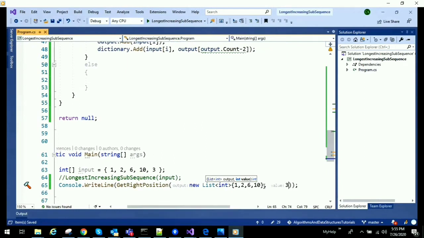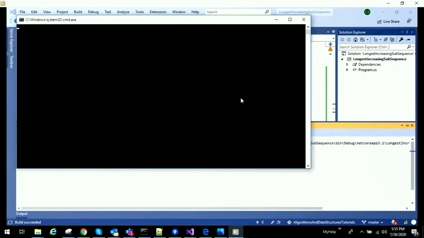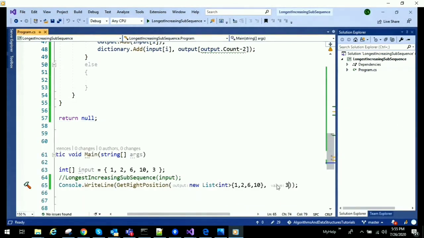It is supposed to return value 2. Yeah, it has written index 2, and that is the right position for 3. 0, 1 and 2. This is where that element is going to be added.